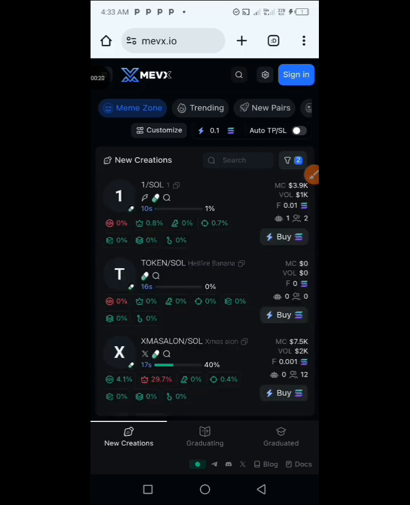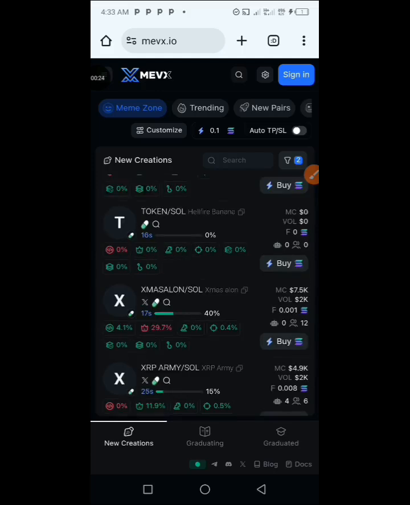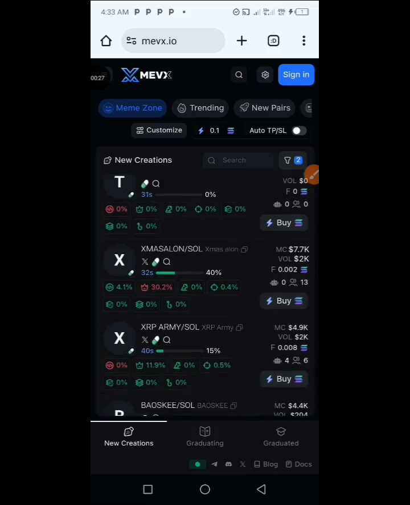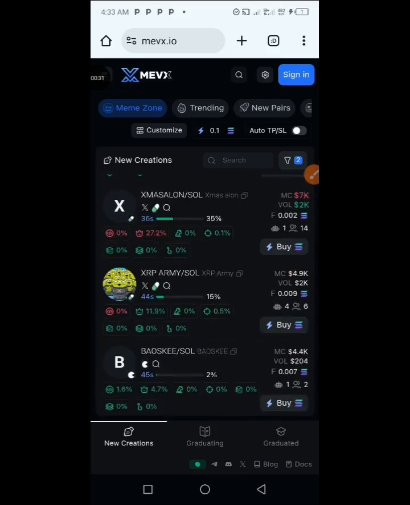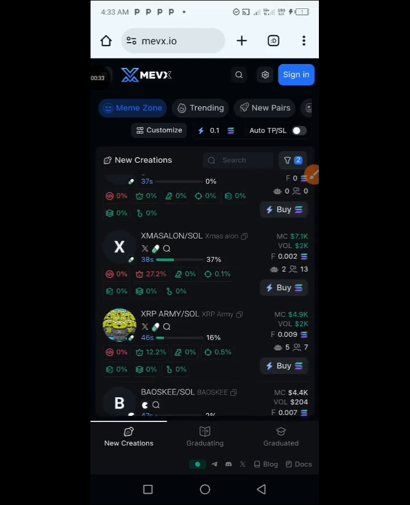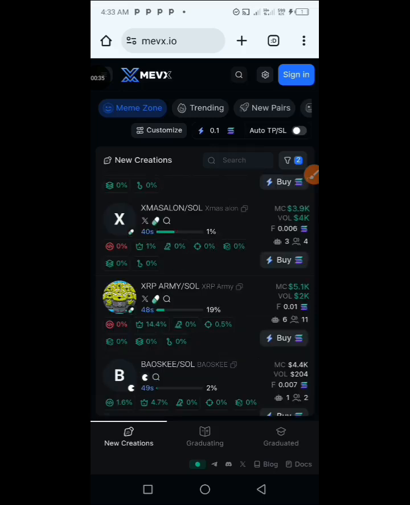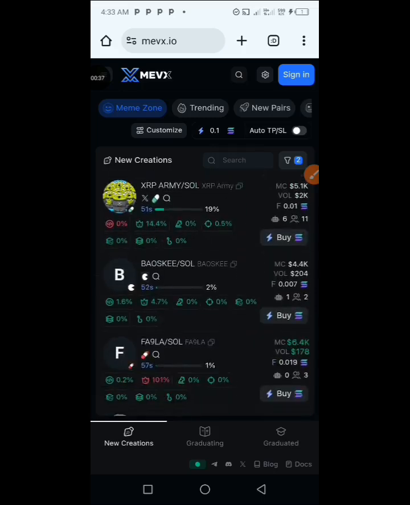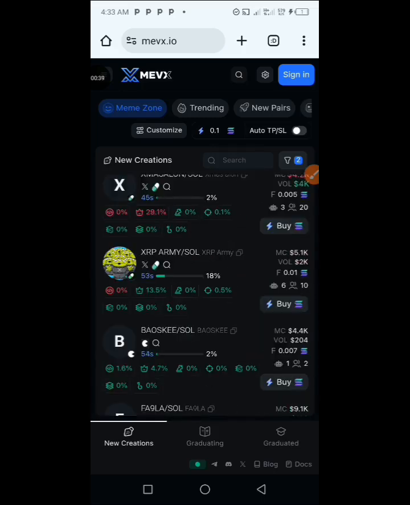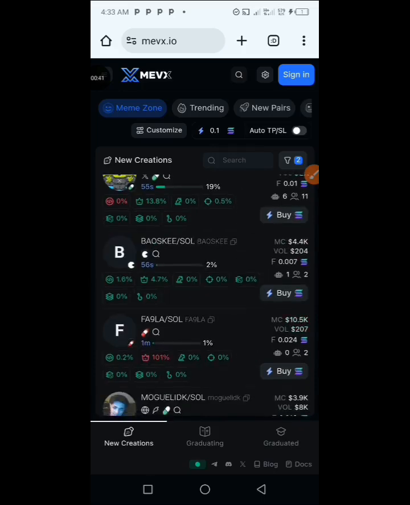So in the next video, I'll just be showing you how to carry out sniper trade using this MevX and how to follow the KOLs. KOLs are industry experts whose trades you can copy. All right, that's one of the beauty of using this MevX. So like I said, the first step is what I am going to be showing you,